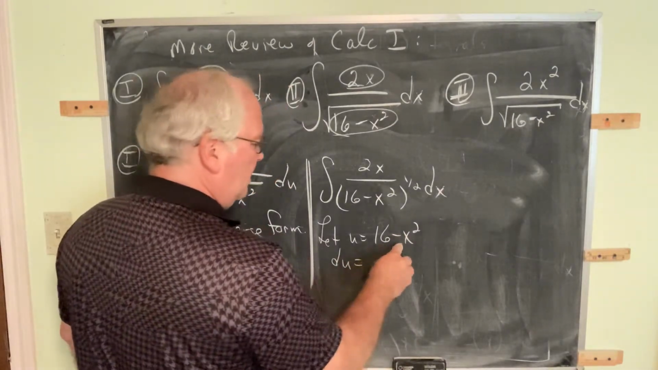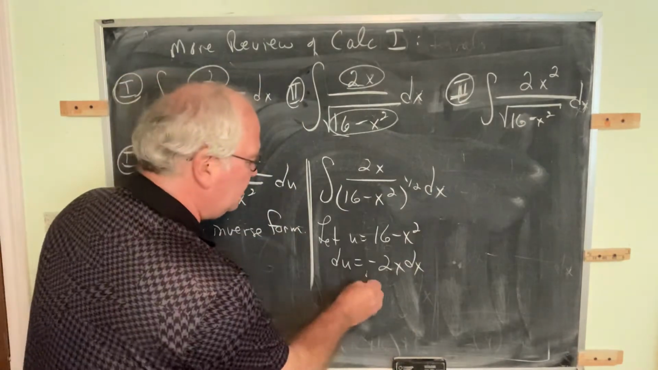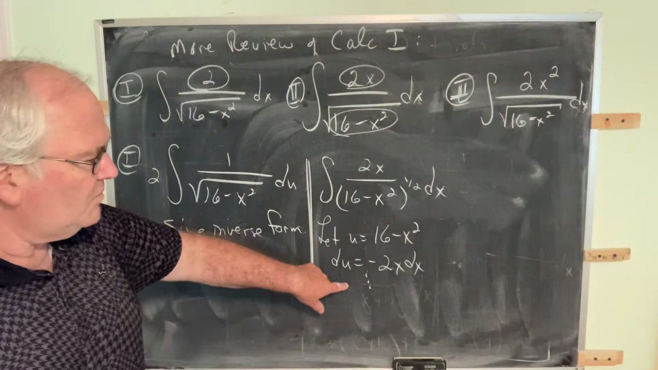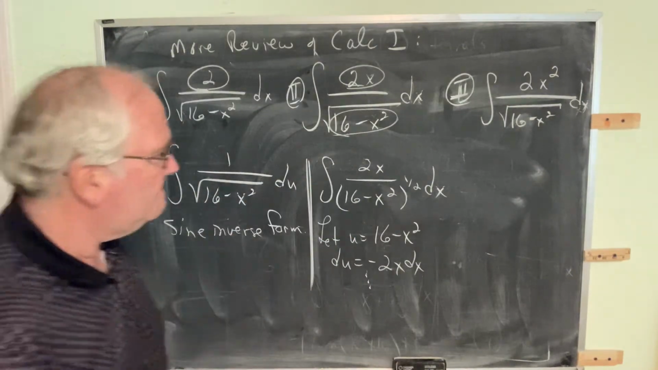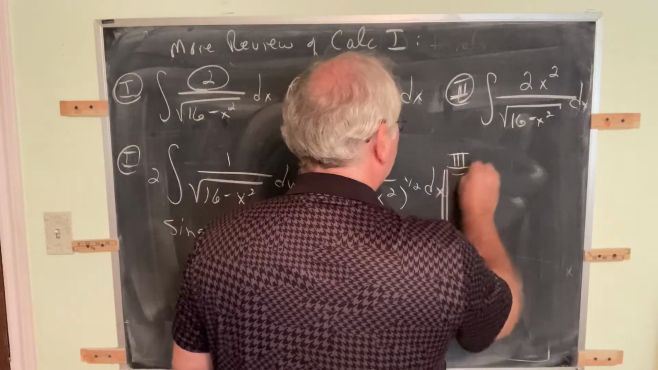The derivative here is negative 2x dx. And I think this is not finished, but I think you can probably take that the rest of the way home from there. So you should be able to work that out. And then number three,